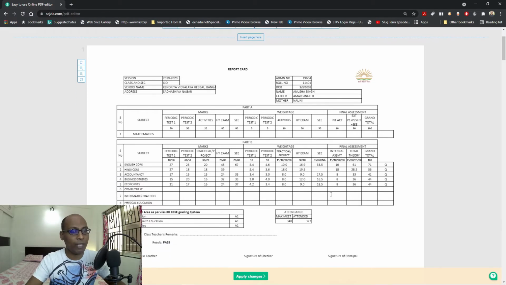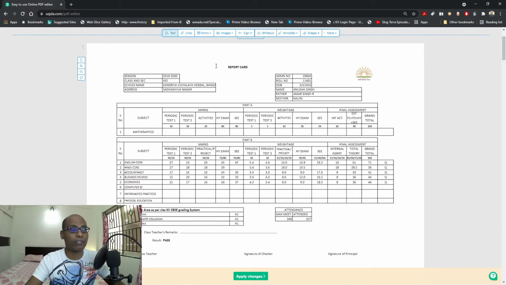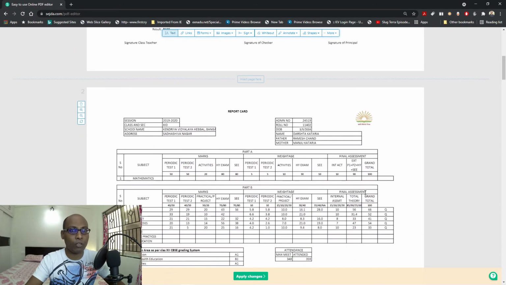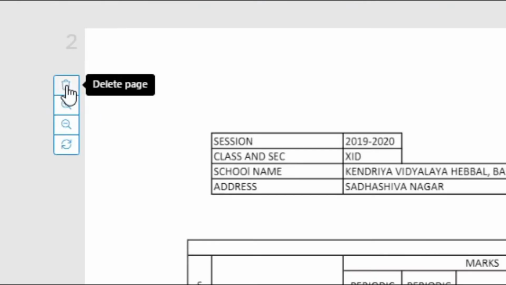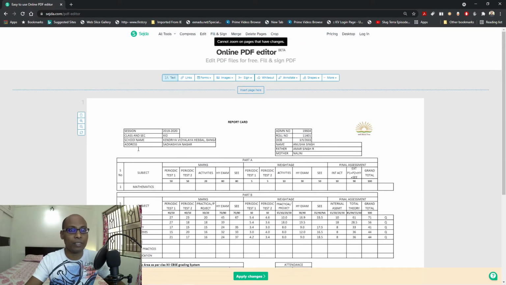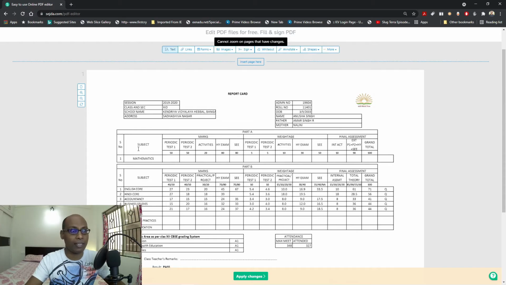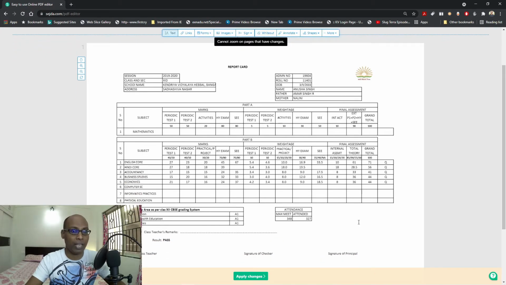So for that what we have to do is, say for example I want to save this document and the remaining documents in this PDF file I want to delete. So come to this page. Just select and then delete page. So you can delete pages. Even if there are 100 pages, you can delete pages and keep only one page. See now, there were so many pages earlier. Now there is only one page, and I have signed.